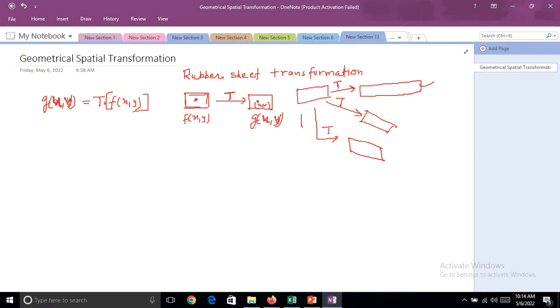So any particular coordinate can be represented as x,y, or u,v, and we shall use a third parameter also as 1, which is mainly used for translation, like putting a shift